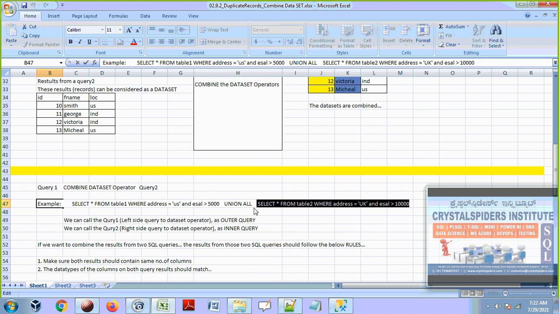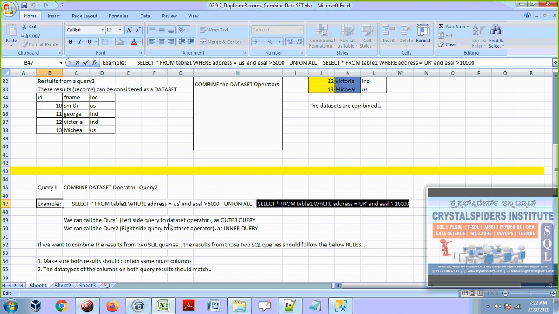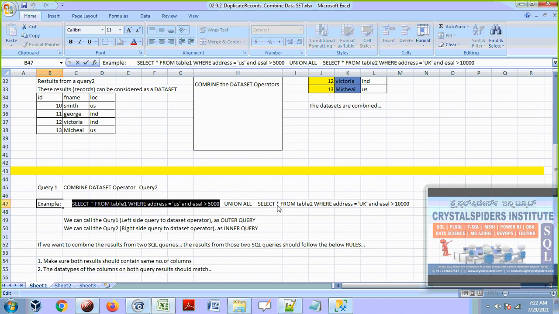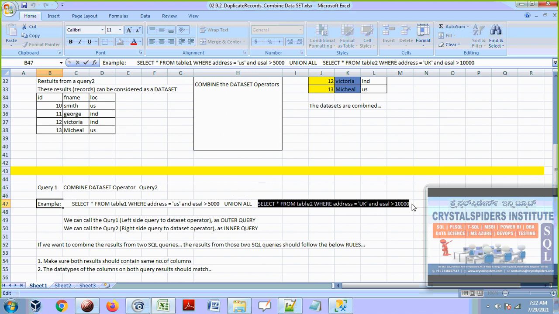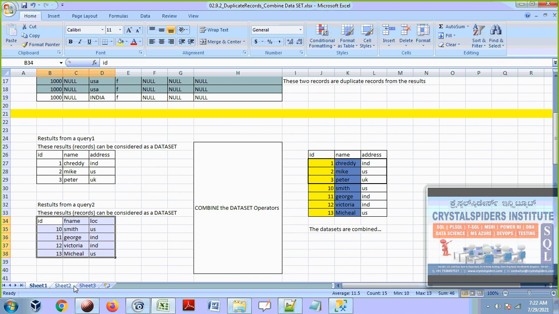If you want to combine the result sets from these two SQL queries, these result sets should follow some rules. What are those rules? If you want to combine this result set and this result set, both should follow those rules.